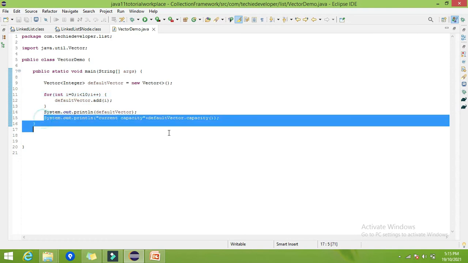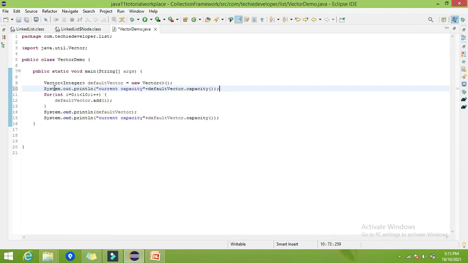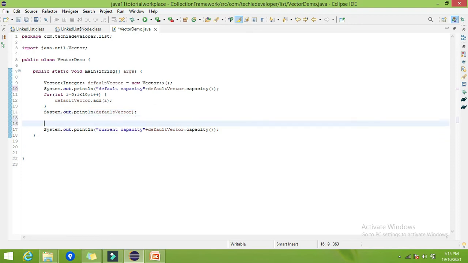So let's try to add the 11th element. Let me keep this as well, so that we will get a better understanding of the default capacity. Now I want to add one more element, that is the 11th element, which is beyond its capacity. It has a capacity of 10, right? Now I am trying to add the 11th element. So what will happen?